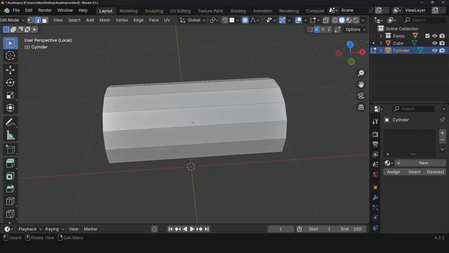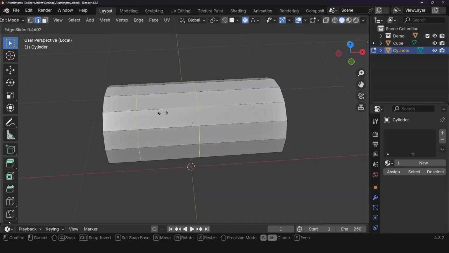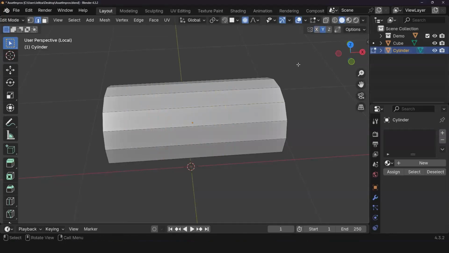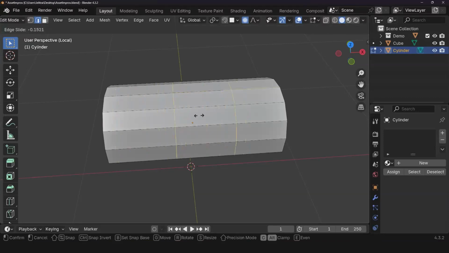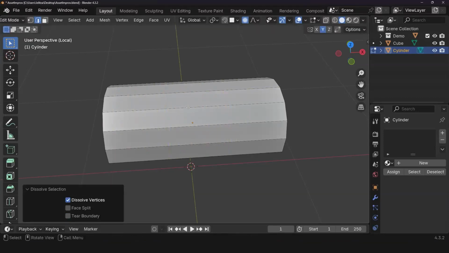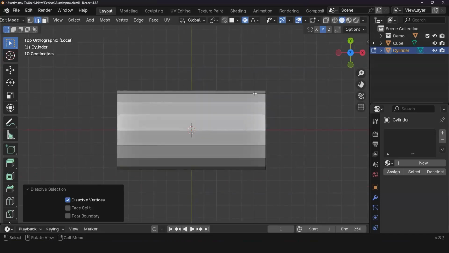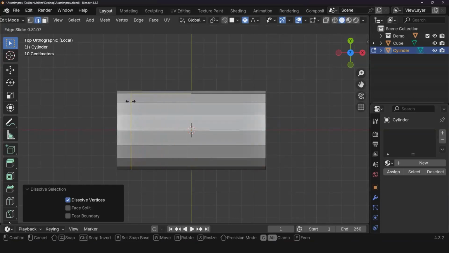Should be the X. All right, so Control R. Is it Y? See, knowing thy space. Okay, so I'm going to do Control R. No, it's not working. Mirroring's not working. It's all right. I'll do it manually. It's not a big deal. I'm going to press 7, and I'm going to use these guidelines as my guidelines. So I'm going to do Control R, and I'm going to just slide this over.